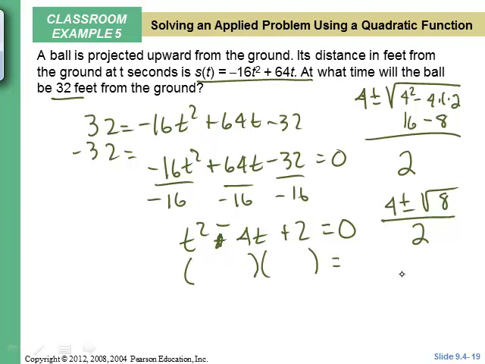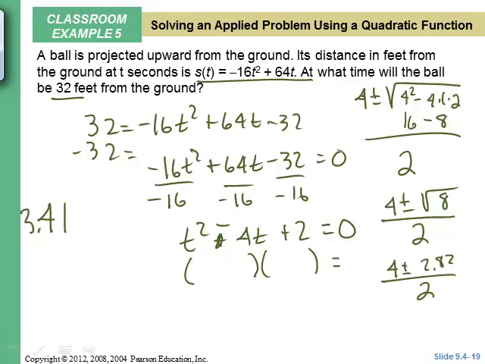Now, the square root of 8 is 2.82. So 4 plus or minus 2.82 over 2. 4 plus 2.82 is 6.82 divided by 2 is 3.41 seconds,